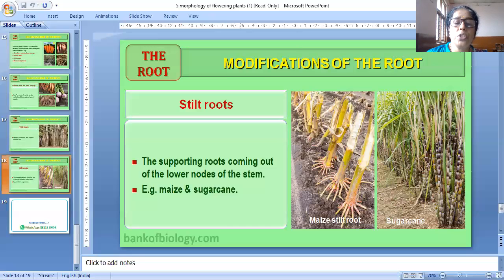Now we are going to the next topic, venation. Mainly there are two types of venation as the diagram shows. This one is reticulate venation and this one is parallel venation. The arrangement of veins and veinlets in the lamina of the leaf is termed venation. A branch of a vein is called a veinlet.